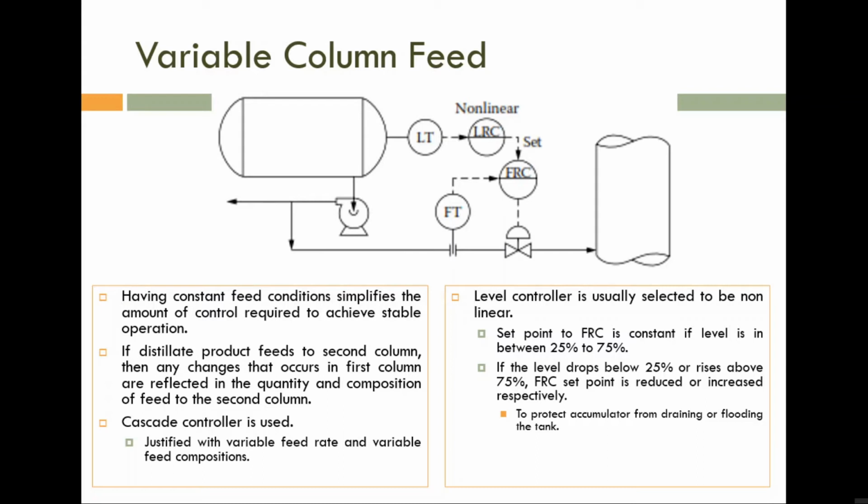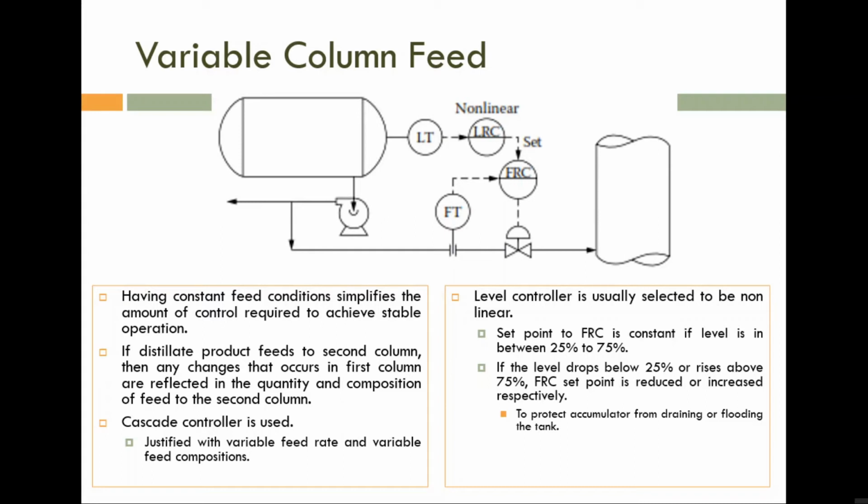Is it okay? If we have two measurements, level and flow, we need two control loops associated with these two variables. So the control loop associated with the level is LRC. That one is the primary controller. It gives a control output, with respect to the level measurement, to the second control loop, FRC. So FRC, by using the set point and the measurement from FT, is actuating the final control element. Okay. But I told you this is not due to disturbance. We want to maintain both level and flow.